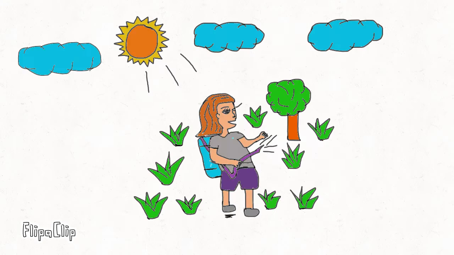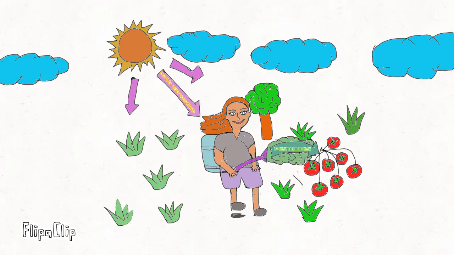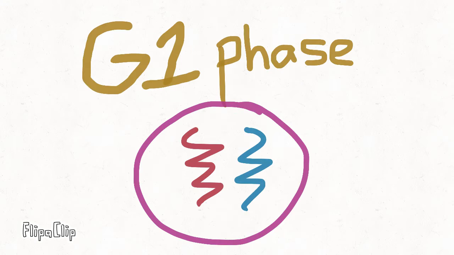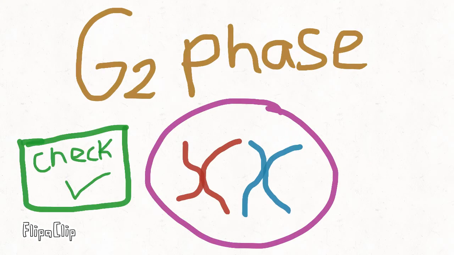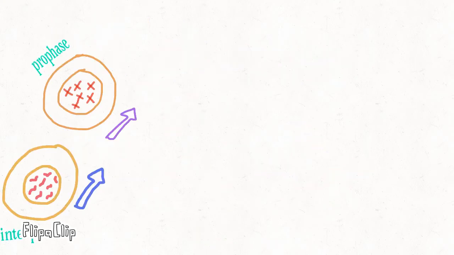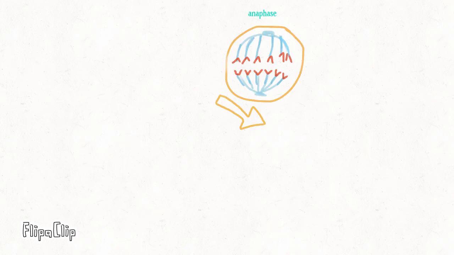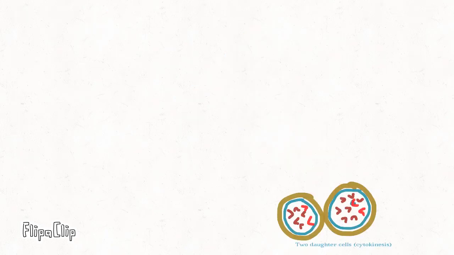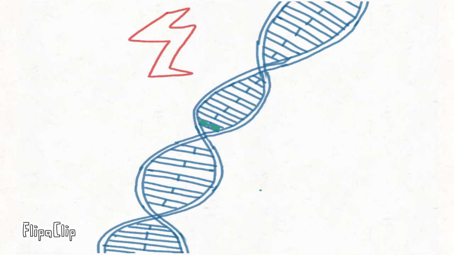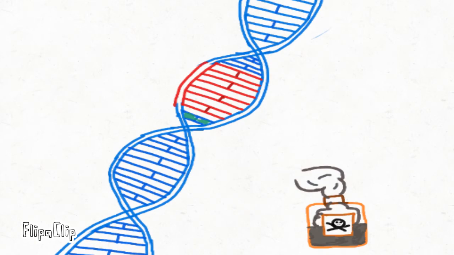Gaby is constantly being exposed to UV radiation from the sun and harmful pesticides. For now, Gaby's cells are going through every step in the cell cycle and dividing equally into two individual healthy cells. If a bad mutation was present in the cell cycle, the cell will alert and cause the activation of